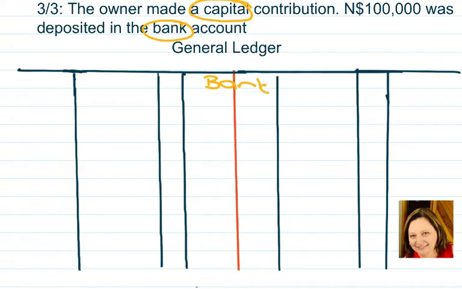I have bank and I have capital. My next step is now to determine whether I will debit bank or whether I will credit bank, and the same with capital. Now let's start with bank. You will remember that a bank is an asset and we increase assets on the debit side. Now, if the owner made a capital contribution and that money was deposited in the bank account, then we can say that the bank account or the balance in the bank account, what we have now, is more. So in other words, the bank account